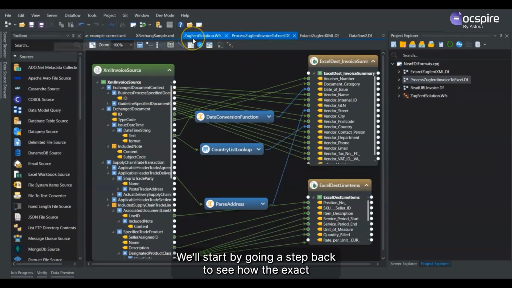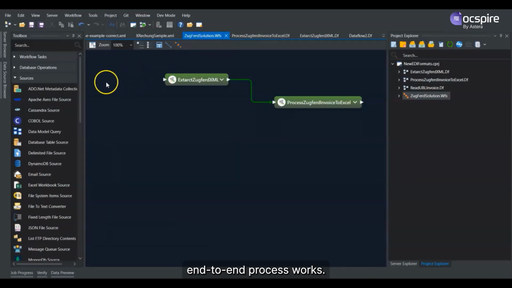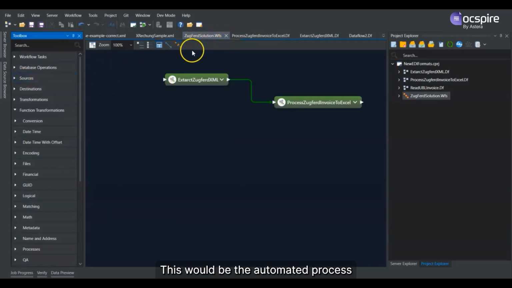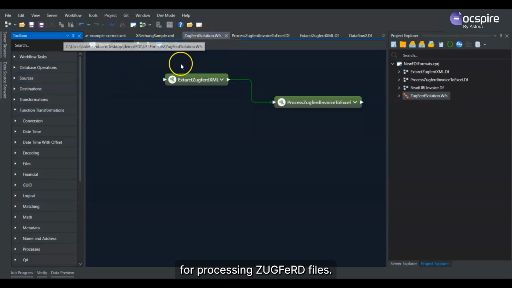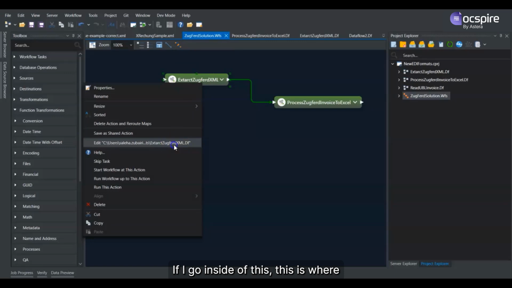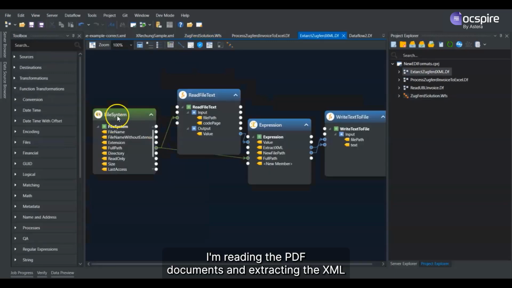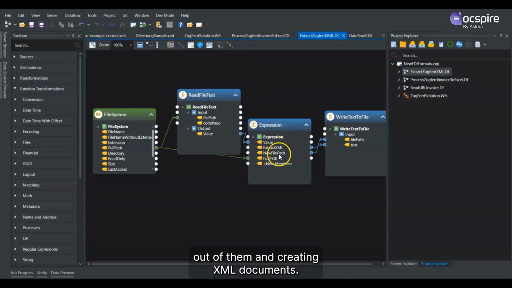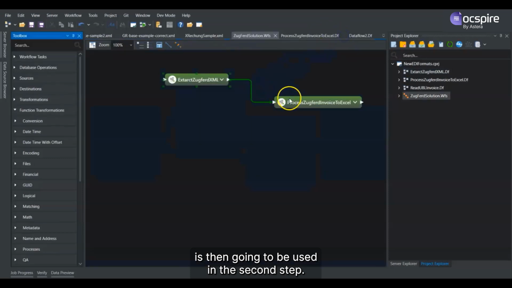We'll start by going a step back and see how the exact end-to-end process works. So this would be the automated process for processing ZUGFeRD files. The first step would be to extract ZUGFeRD XML, and if I go inside of this, this is where I'm reading the PDF documents, reading PDF files, and extracting the XML out of it and creating XML documents, which is then going to be used in the second step.